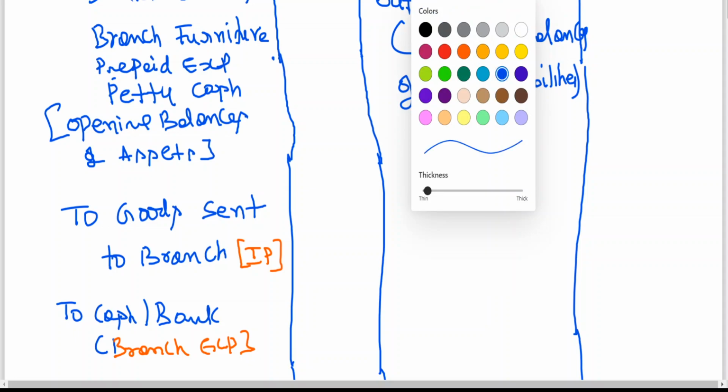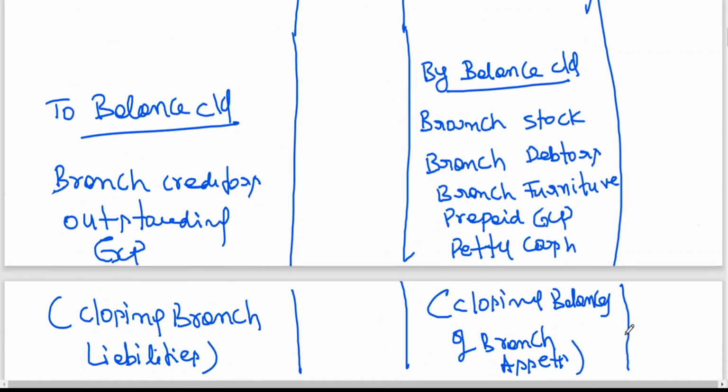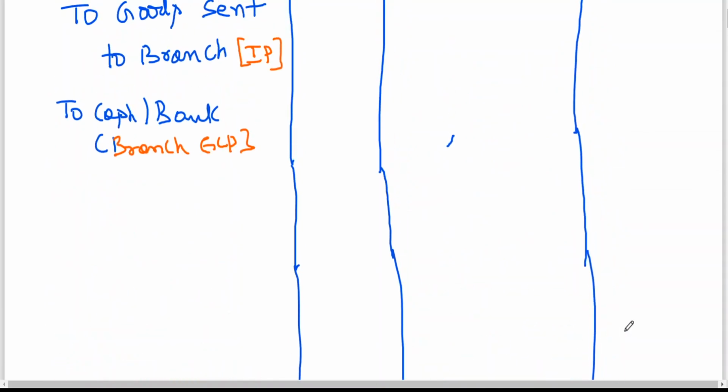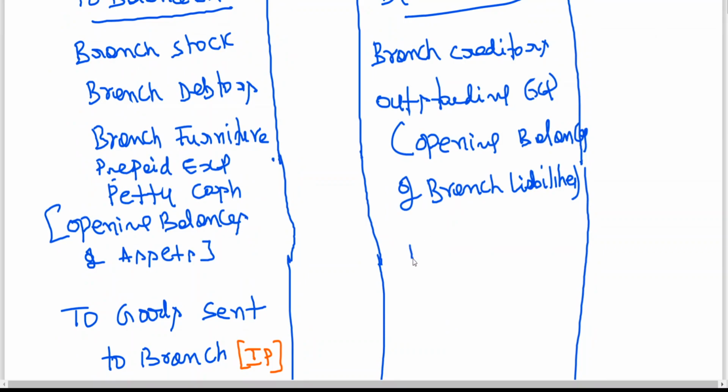Now, petty cash, I have told you, petty cash under imprest system. Suppose if it is imprest system, opening balance petty cash and closing balance petty cash will be the same. Then in such case, expenses reimbursed will be written here, to petty cash. I'll be giving a note on this later on. Okay. Then come back to credit side. When goods have been sent to branch, sometimes you may have by goods sent to branch returns also.